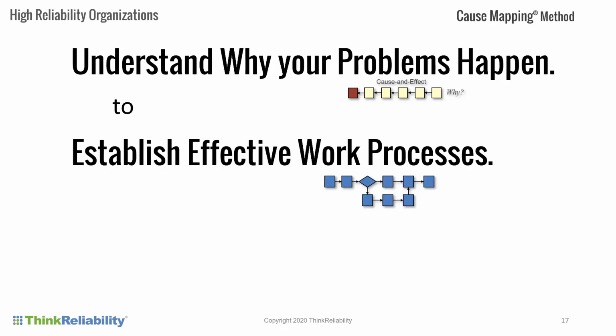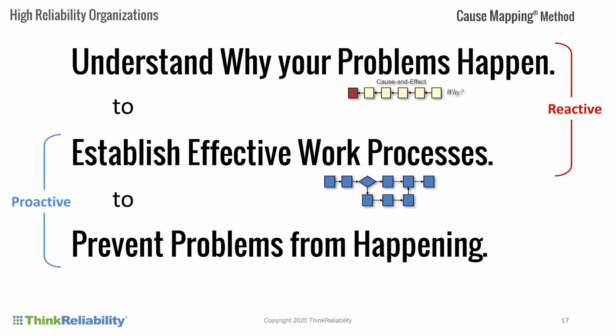Once you understand cause and effect, you say, oh, well, then we could reveal where our work processes broke down. So if you understand why your problem happens, you can identify solutions to prevent those problems from occurring in the future, meaning you fix your work processes and then it prevents problems from occurring in the first place. This is what is happening if there's an aviation issue: the NTSB investigates that incident, identifies solutions, makes recommendations through the Federal Aviation Administration, and there are solutions to prevent that from happening. The fixes aren't with the single airline that had the issue. The fixes are in work process across industry that affect all airlines.